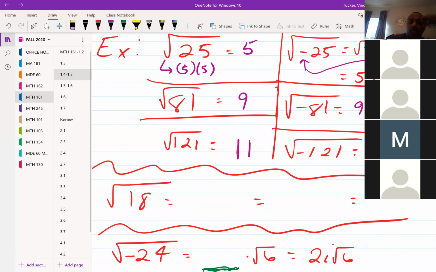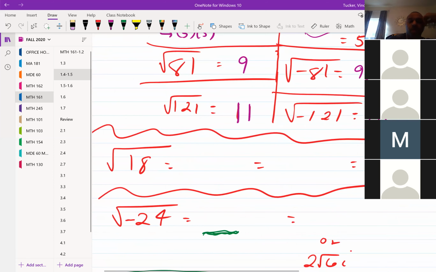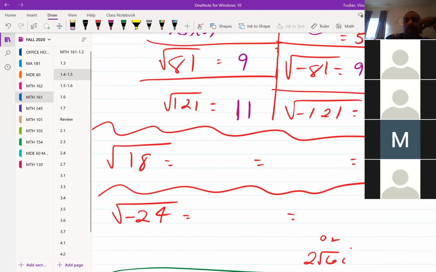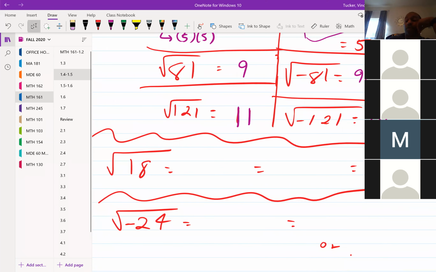Also, when dealing with our radicals, you may have something that's not a perfect square, but they are expecting you to reduce it as much as possible. So when I look at the square root of 18, that's not a perfect square, but I can break it up using the numbers 9 times 2. 9 times 2 is 18,